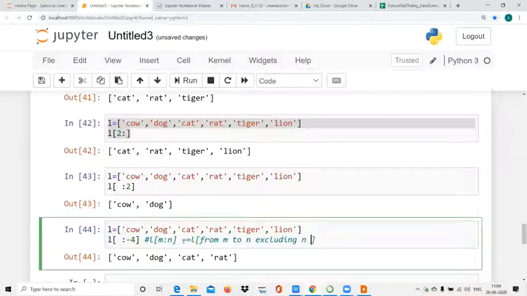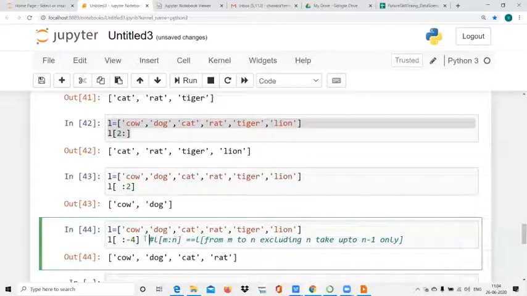I will take up to n minus 1 only. Right, but at the beginning we will take from m. So now you can tell what is the output of this. This hash mark is used for commenting in Python.